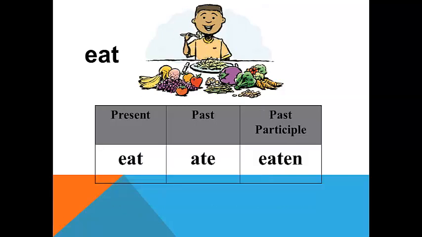Usually we eat food, we eat vegetables, we eat fruit, we eat fast food, among others. So present would be eat. What about past tense? Ate. Past participle, eaten. So example, I eat lunch every day at 12. I am eating pasta right now. What about past? I ate broccoli 2 weeks ago. Past simple form.